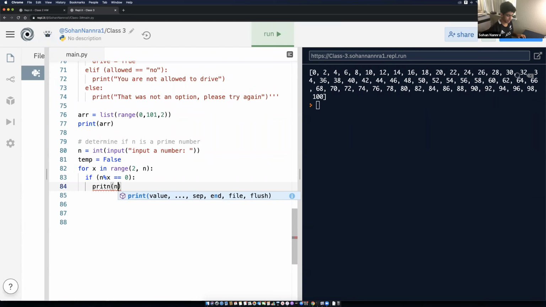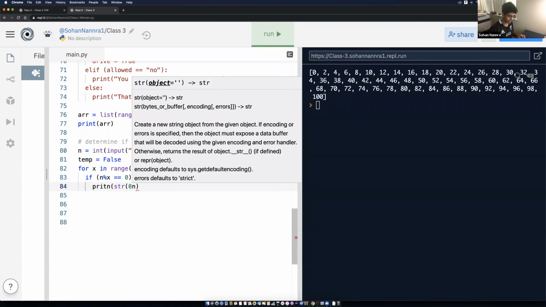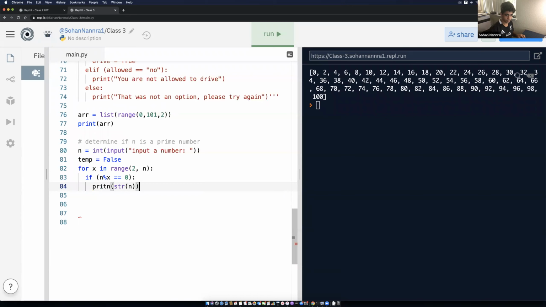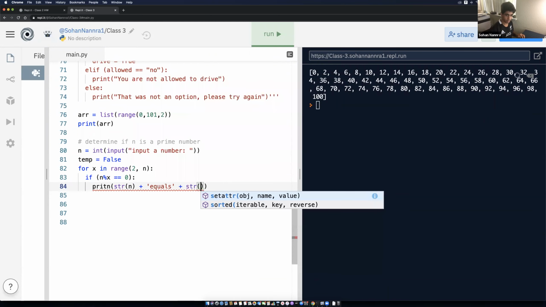You could use the comma like someone said earlier. So string of n plus equals plus string of x